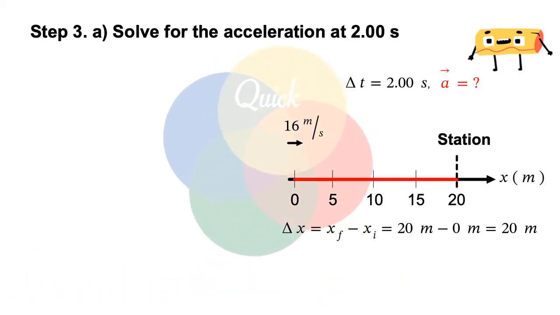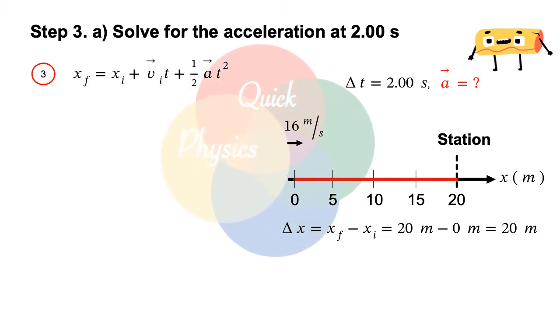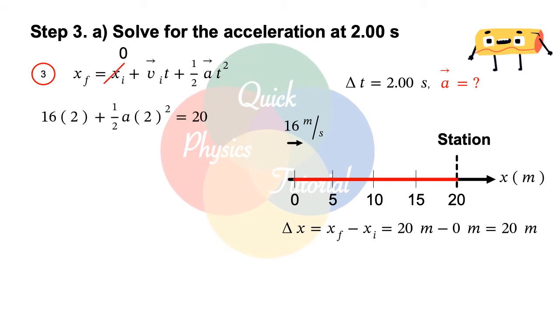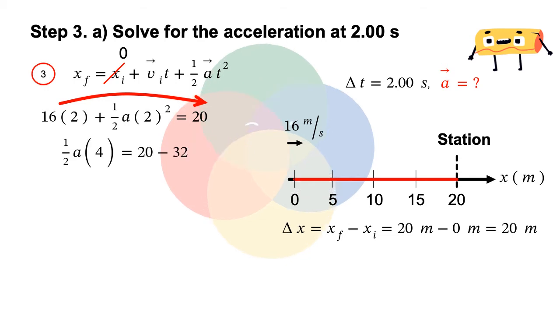Step 3. Solve for the acceleration using the third standard equation. Plugging the value of each variable, we get Vi, 16 meters per second, times 2 seconds, plus 1/2 a times 2 seconds squared, equal to xf, 20 meters, where xi is 0. Transferring 16 times 2 equal to 32 to the right, we get 1/2 a times 4 equal to 20 minus